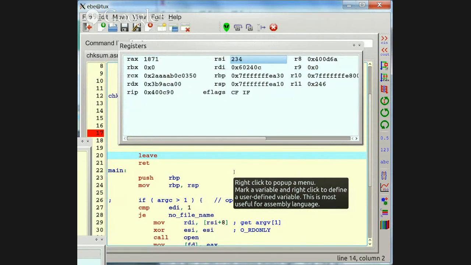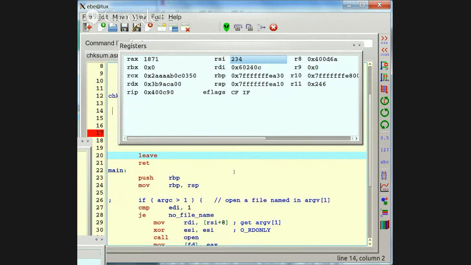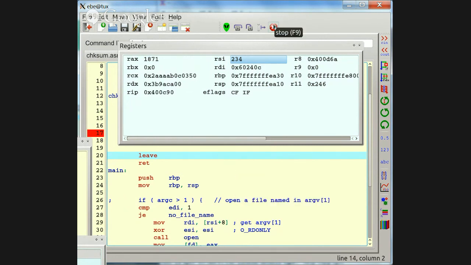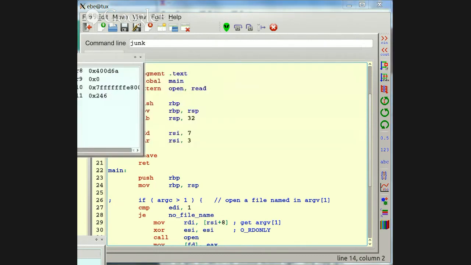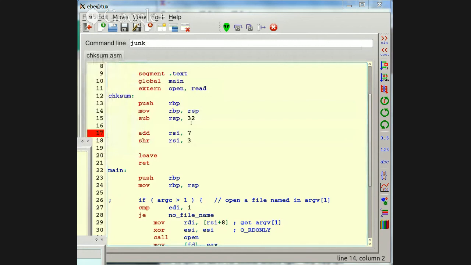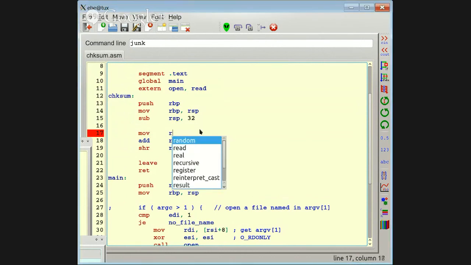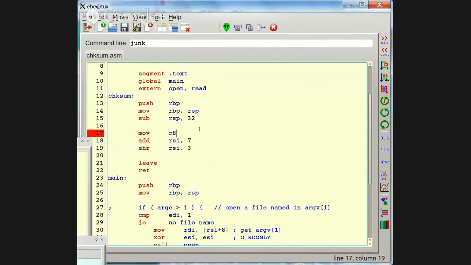But I don't want to have the thing be dependent on just whatever happens to be in this extra byte that I'm now going to use. I'd like to wipe out all the bytes from 1871 to 1872 with zeros. So let's do that. Before doing this stuff where I'm shifting and adding and shifting, how about if I save this value into a register? R8 is a pretty good register.